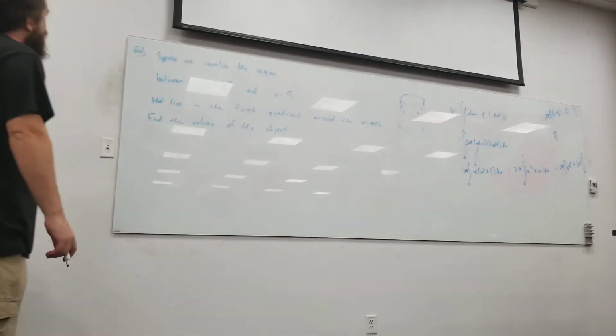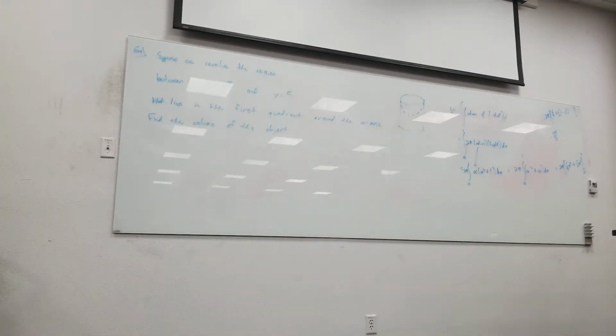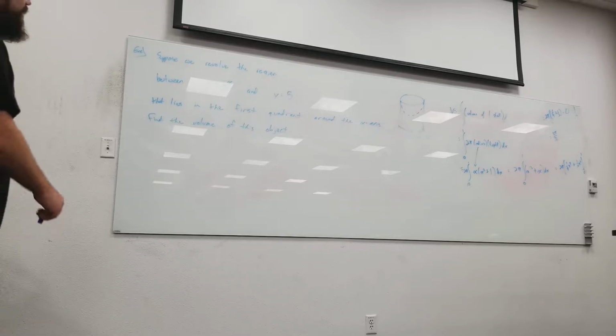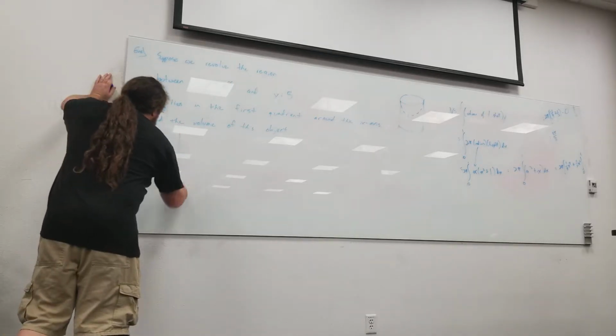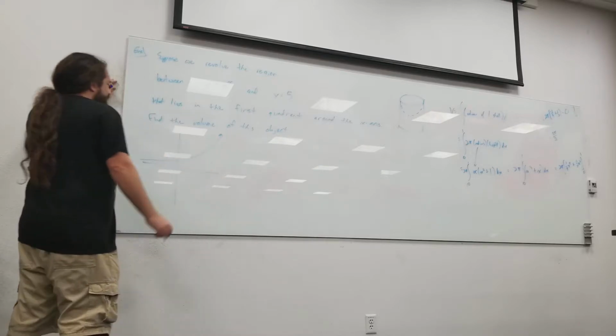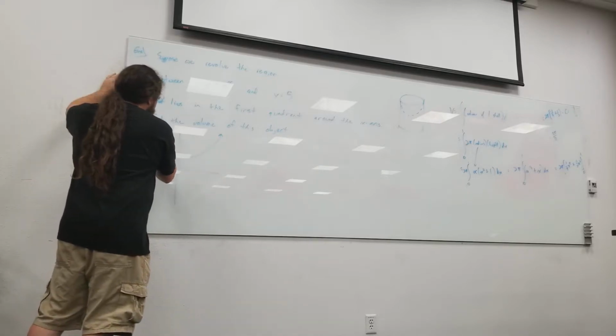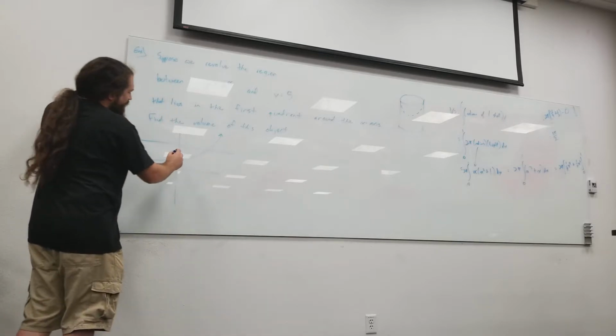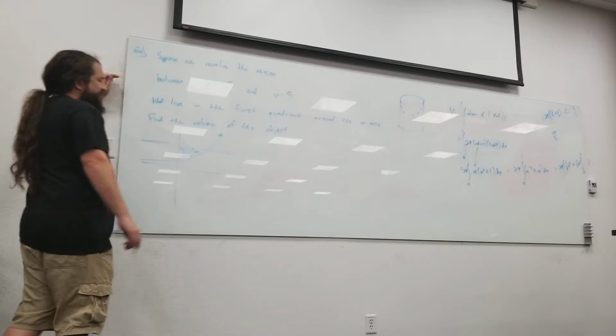So let's take the region between y equals e to the x and y equals 5 in the first quadrant. So what does that look like? Well, e to the x goes up like that. y equals 5 comes across like that. So I'm taking this region and I'm revolving it around the